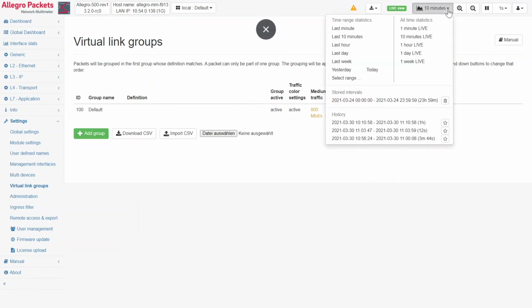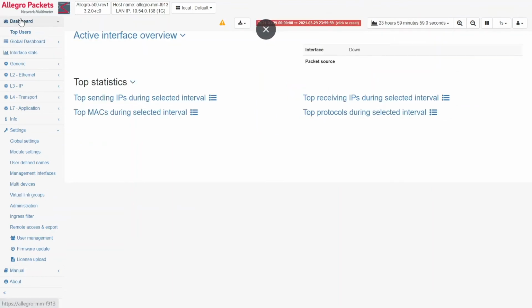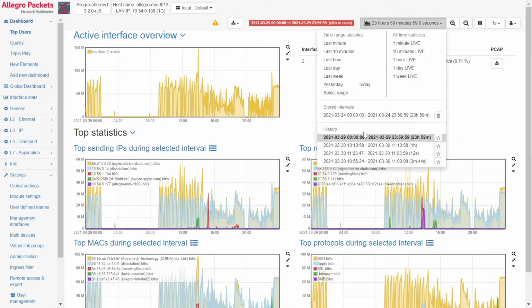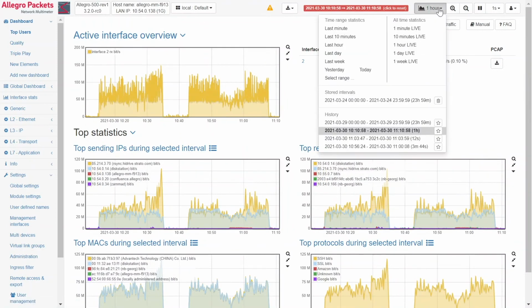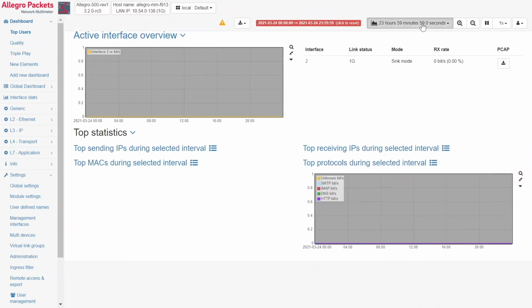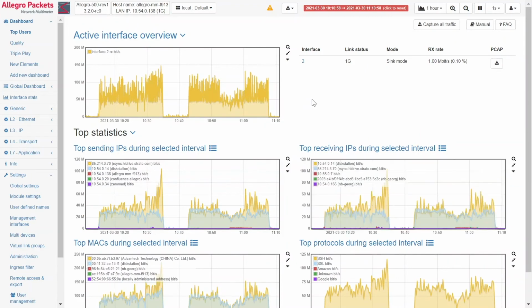Okay. Next small improvement is that we added for the time dialog also the mode yesterday or today. And that gives you a very simple overview of what happened yesterday in our network, and improved that. So another thing here is that we had some history graphs. And for example, you can now easily go back to an interval which you have used before. And if this is very important for you, you can mark it as a favorite interval, and then you can just use that and switch back and forth for that interval.